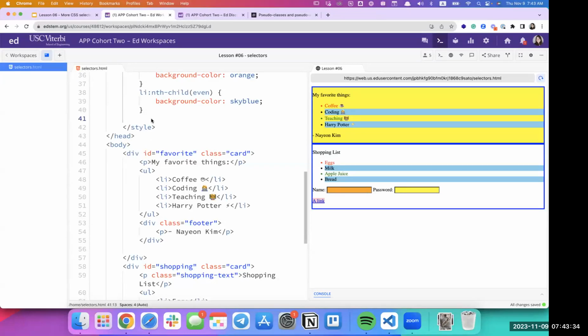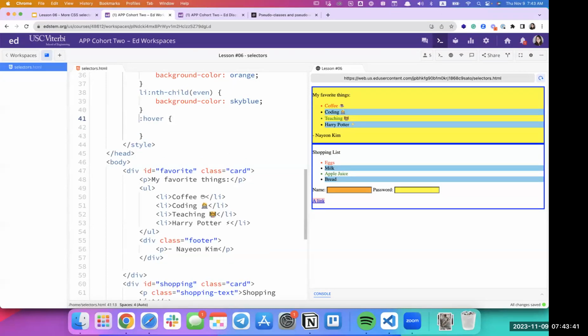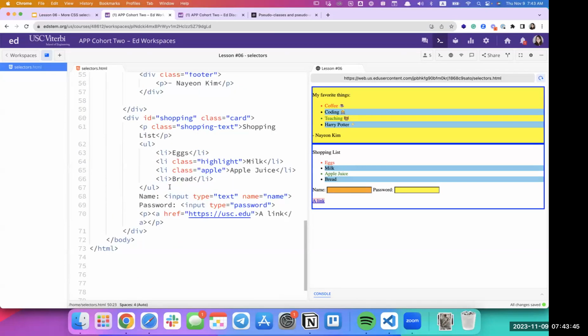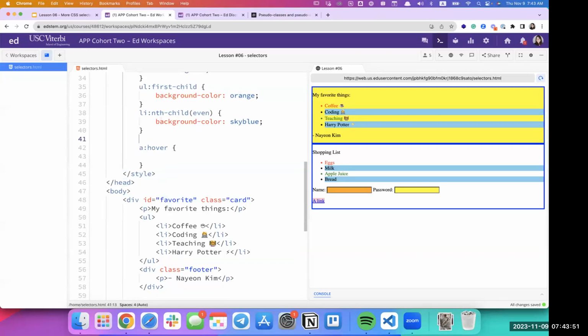Hover. There is a pseudo class called hover, and you can put it on any element. What this is saying is, when A is hovered,